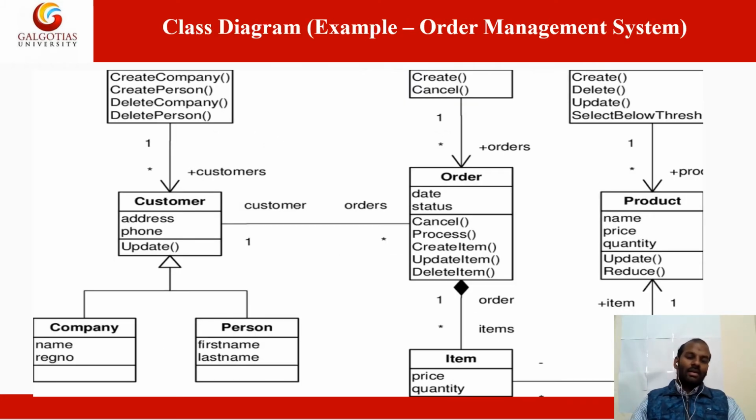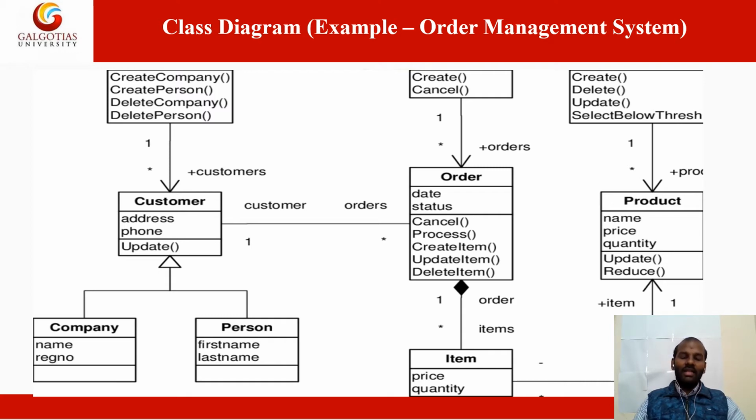And this is an example of a class diagram, the same scenario. There is a customer, and there is a company and person. So the customer in the particular ordering system, the company and person who are working there, will communicate, and the relationship will be generalization. So the information that the customer follows is applied by the company as well as the person, and the customer is the one giving an order, and the order should always be a composition with the item.